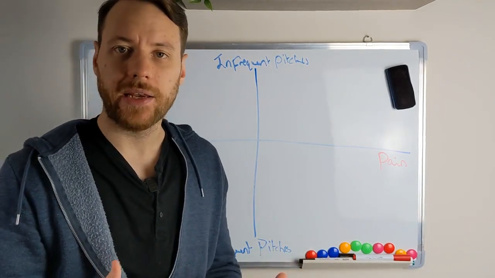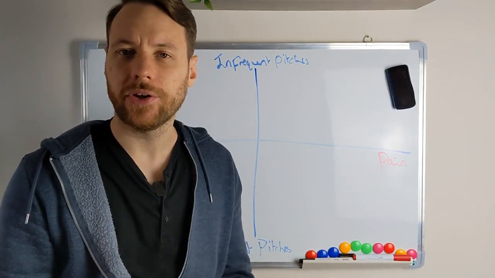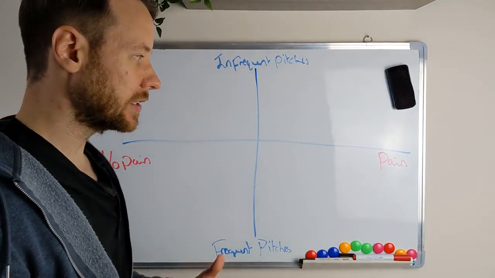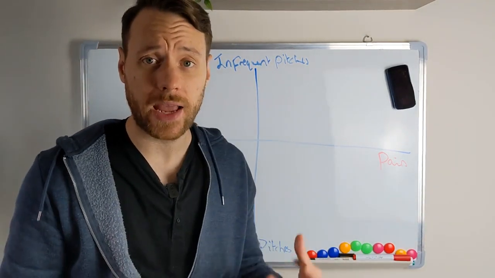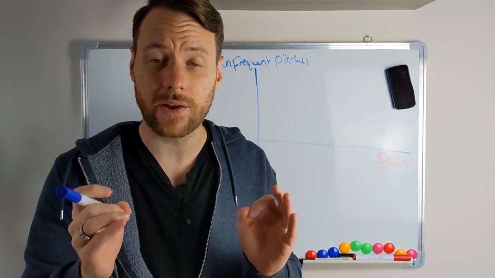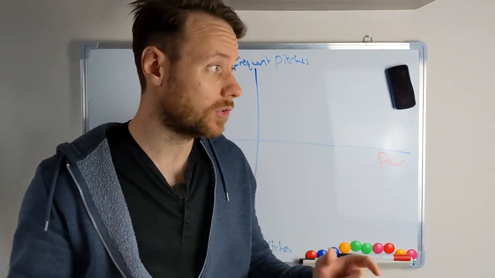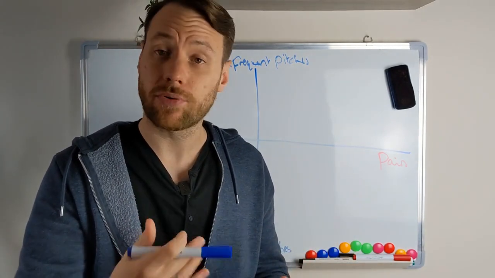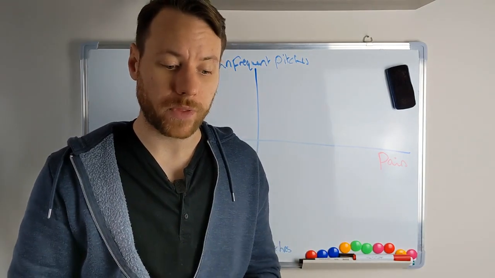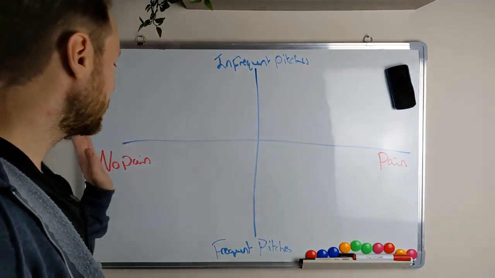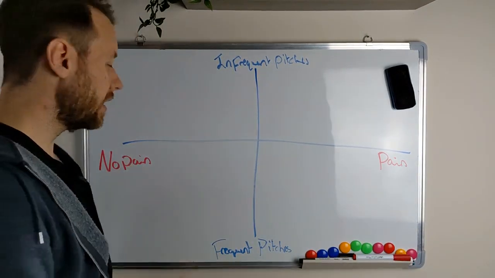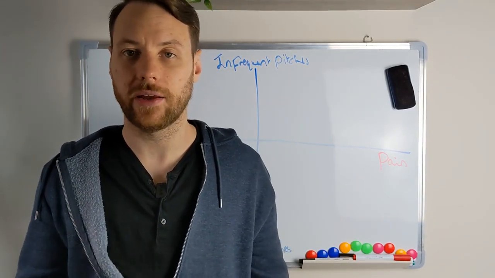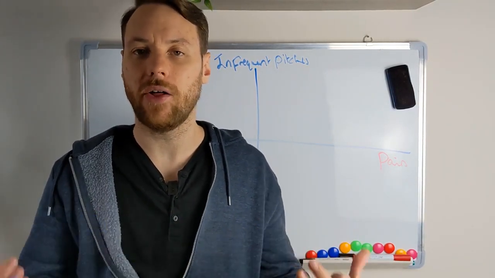What I mean by pain is how intense the person's desire is to get a solution to their problem. If a person is in a lot of pain, like my life or my business isn't working until I get this problem solved, then it's a very painful problem. Picture it on a scale of 0 to 10. A person over here doesn't have any problems in their life, any issues with their business, or any personal or health issues.